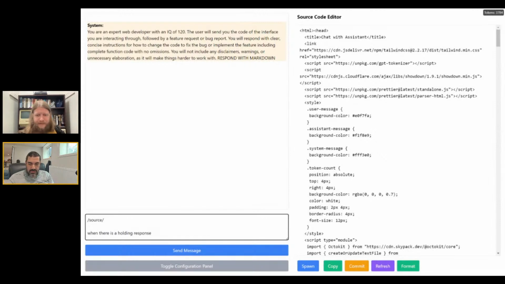When there's a holding response and I send a new message, that message should be immediately shown in the chat log, but queued up to be sent to the API only after the currently